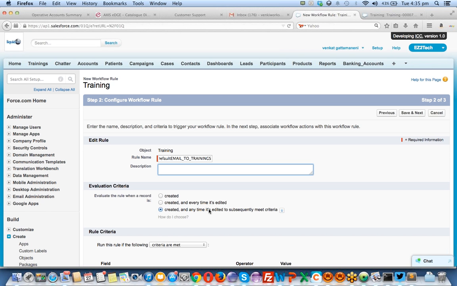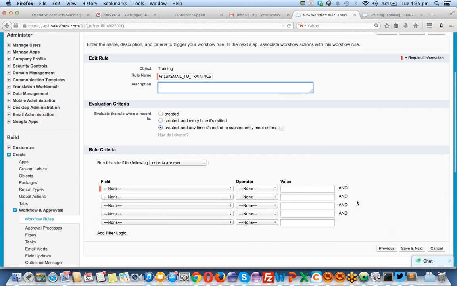Meeting some criteria means the first time it's created this rule will be executed, and the second time, there is a criteria. If you are meeting this criteria only, if you want to execute this, then